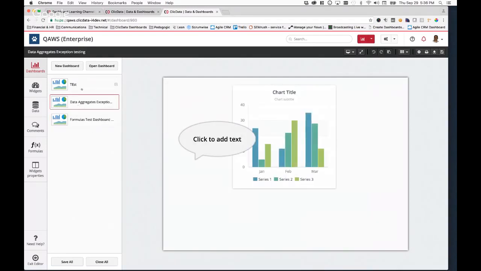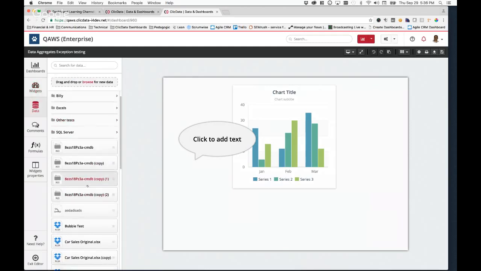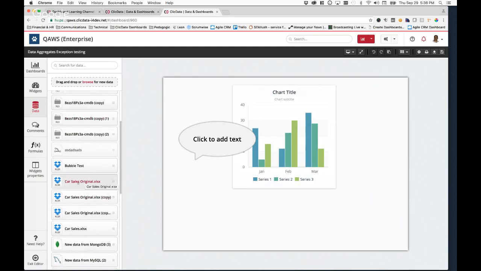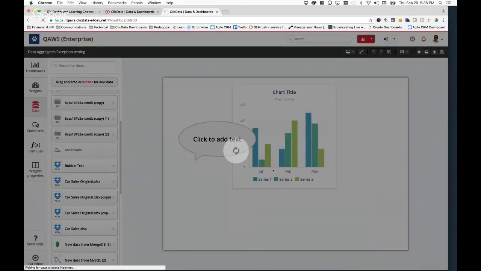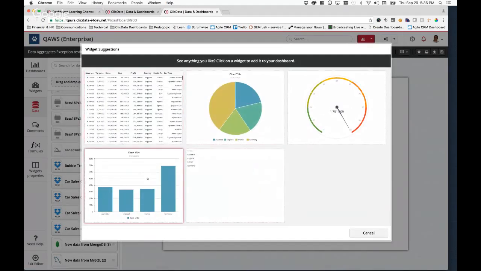And these sidebars are becoming more and more useful to us. The widget one, as you know, is where you can pick your widgets. The data one is where you can drag and drop your data. For example, if you have some data sets here, you can just drag and drop the data set, and ClicData is going to suggest as many graphs or tables as it possibly can based on the data.